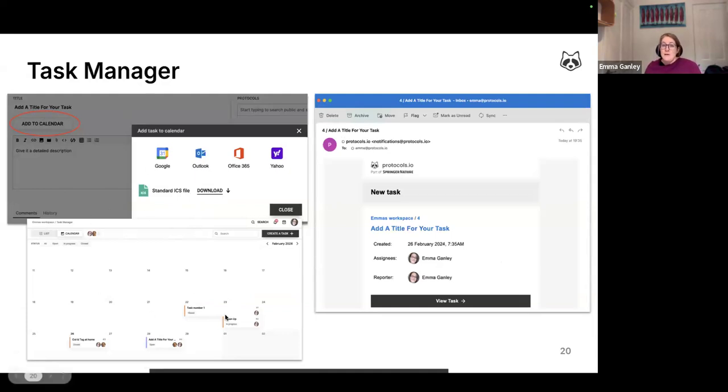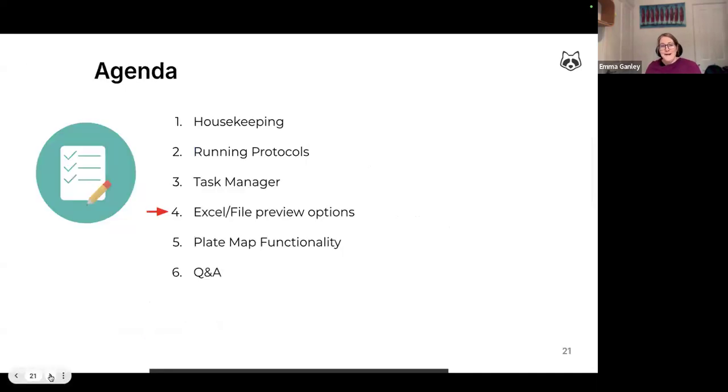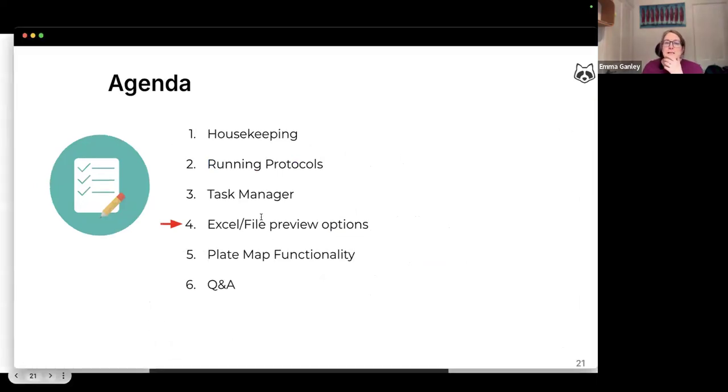And once something has been assigned, an email will be generated to the people who've been assigned something. So you'll get a notification email as well, telling you somebody's created a task and here are the assignees. So you can then have an easy click through to view the task. It will also show up on the bell under the notifications on protocols.io. So let me jump out and show you this a little bit